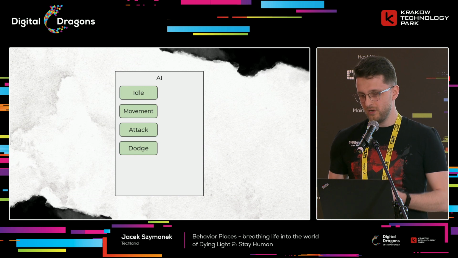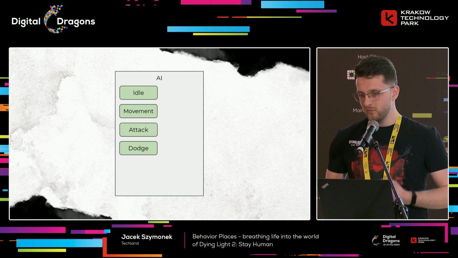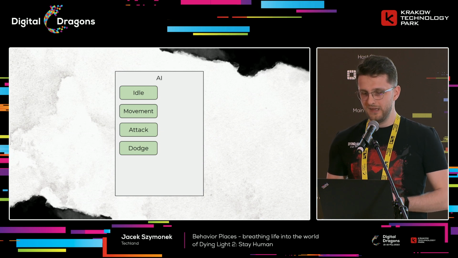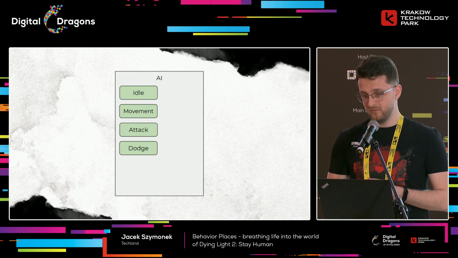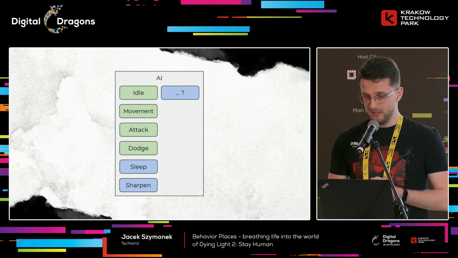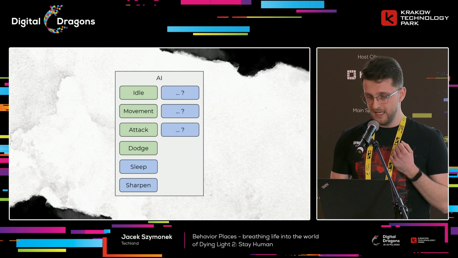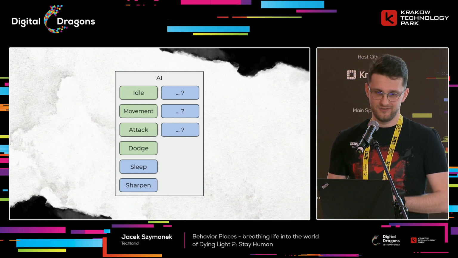So it knows how to walk up to the bed using the movement behavior, but we need to implement the sleeping behavior. Then let's say we would like for our fighter to go and sharpen their weapon. And again, we would have to implement that behavior in the AI. Now imagine that we would like to create 20 locations with 20 unique behaviors for each. That quickly sums up to 400 behaviors, each of them programmed separately, and most of them used in a single place in the entire game. Now, as you can probably tell, this doesn't scale well. We needed to figure out a different, more data-driven solution.